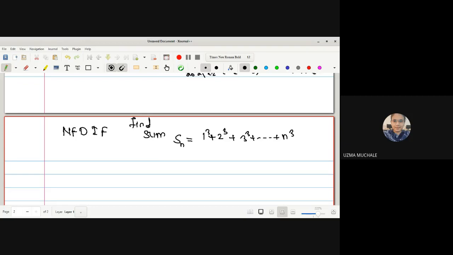माहिती आहे ना? फर्स्ट n व्हॅल्यू साठी आपण काय लिहितो, स्क्वेअर साठी काय लिहितो, क्यूब साठी. Sum of first n terms 1 plus 2 plus 3 plus n, Sn is equal to 1 plus 2 plus 3 plus so on n. What is the sum of this and what is the sum of this one? 1 square plus 2 square plus 3 square up to n square. माहिती असायला पाहिजे ना आपल्याला फॉर्म्युले.